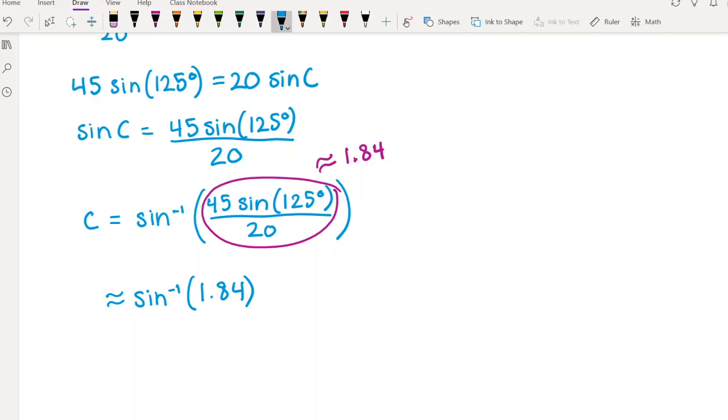What is inverse sine doing? It's trying to find an angle so that sine of that angle gives you this number. And it's not possible for sine of any angle to be 1.84 because sine is never bigger than 1. So this would have no solution